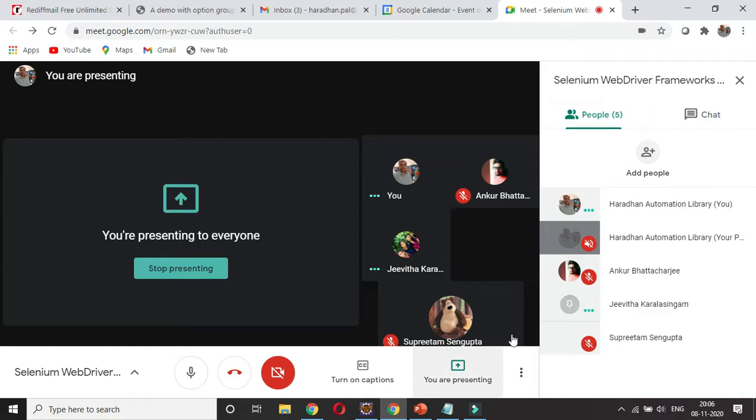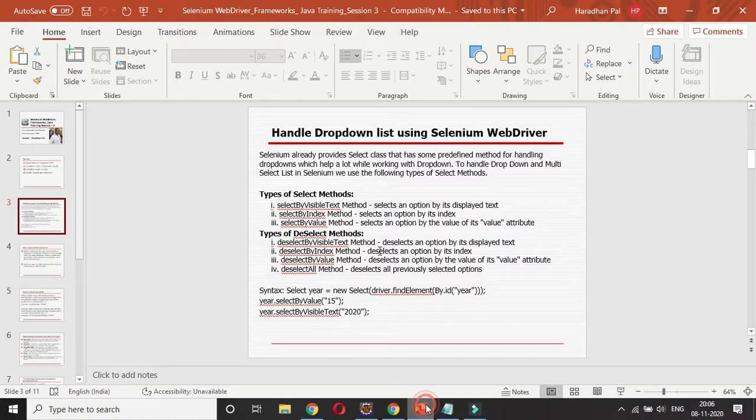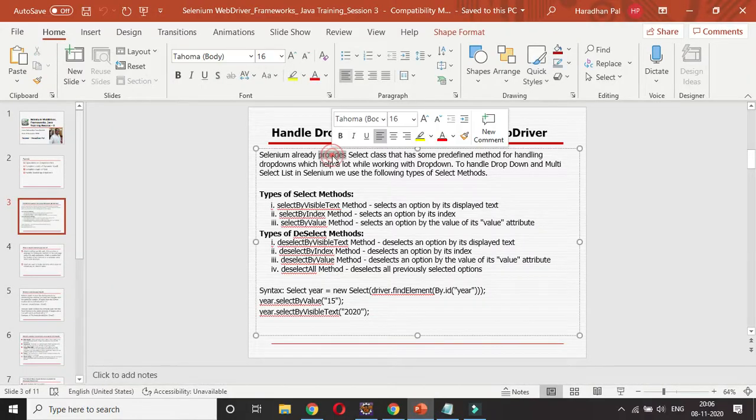For the select classes, there are different methods available, right? Selenium already provides a select class that has some predefined methods for handling drop down, which helps a lot when working with drop down.